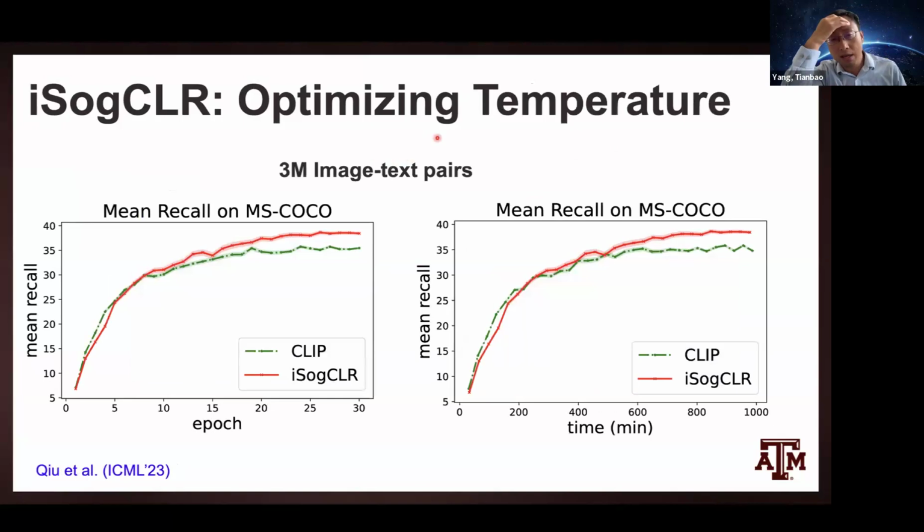And also we can extend the framework to optimize the temperature. Remember there is the temperature parameter tau. In the DRO framework, we can also optimize the temperature. So this gives better performance than the standard CLIP training method. The standard CLIP training just uses a heuristic approach to optimize tau, but we can optimize tau